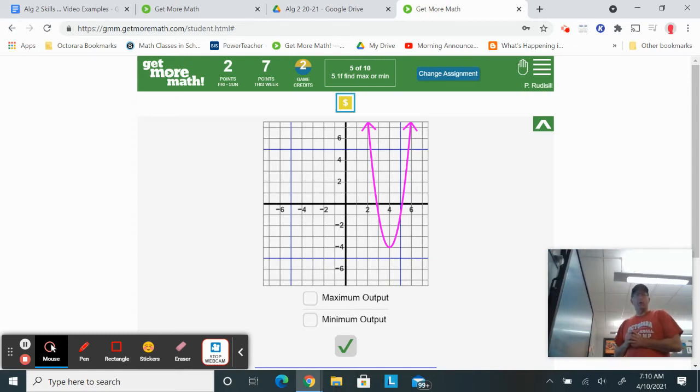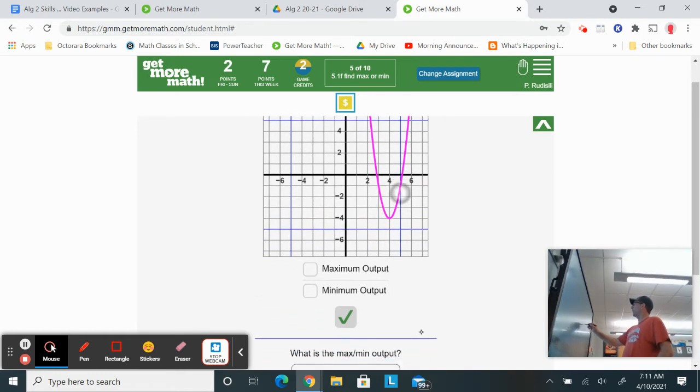Okay, in this video, we're going to talk about looking at a parabola from a quadratic function. We're going to determine if there's a minimum output or a maximum output. And when we do that, we're also going to figure out what is that minimum output or maximum output. So let's do this. In this